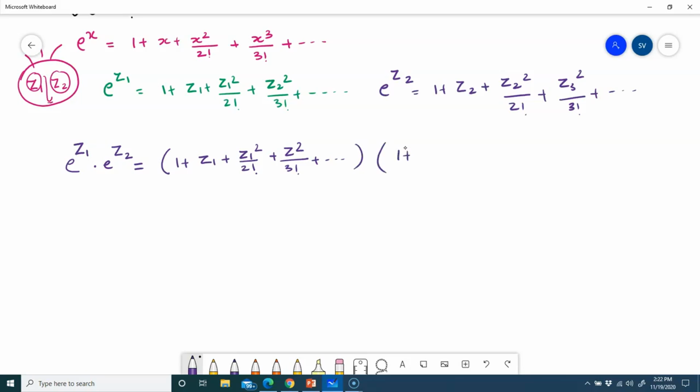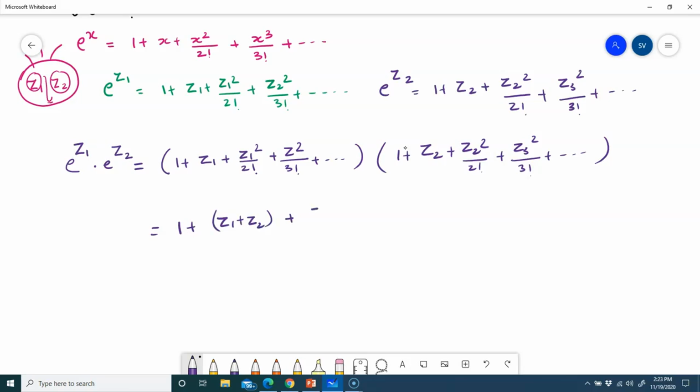times 1 plus z2 plus c2 square by 2 factorial plus c3 square by 3 factorial plus etc. Okay, so because this is a series, we can choose the very few members in the beginning of this series. So when you are foiling this bracket, the result will be like this: 1 plus z1 plus z2